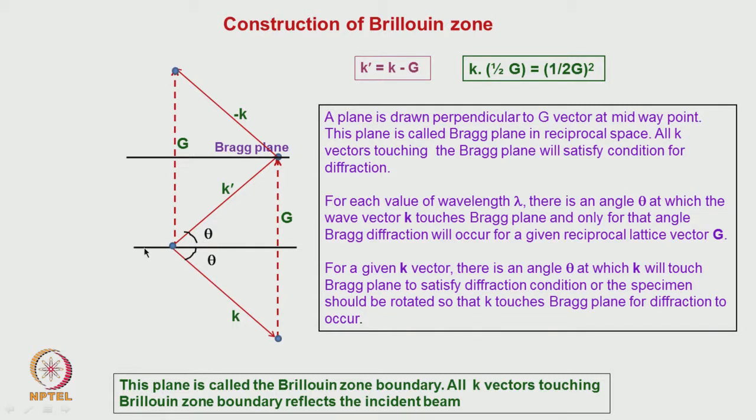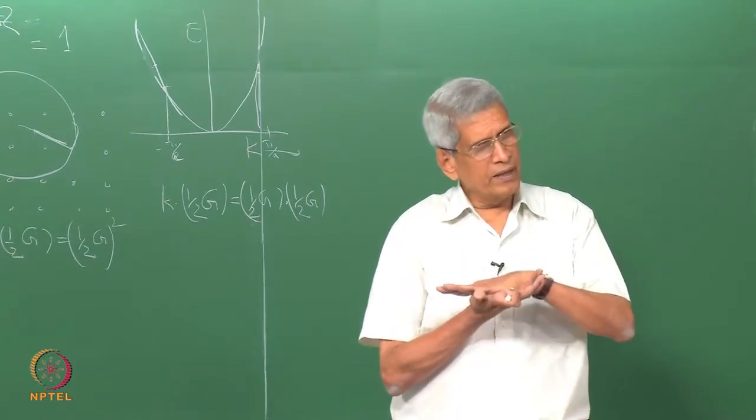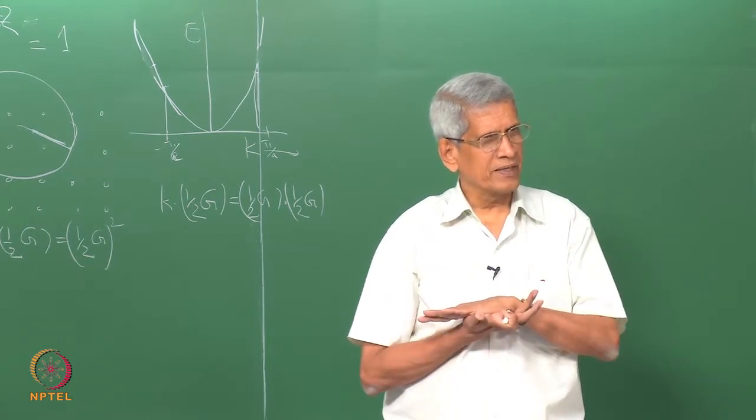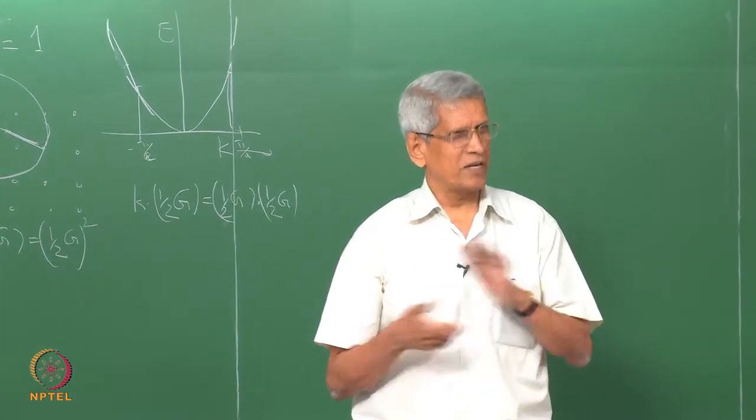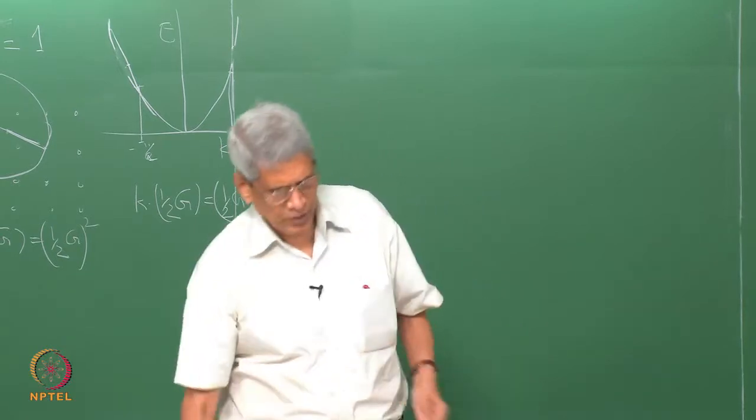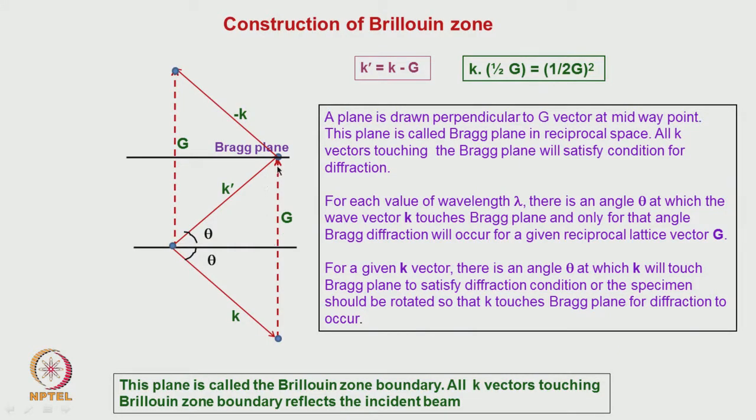Okay. And the plane, if you consider this surface here, this surface is the plane which is diffracting. This plane is perpendicular to that. This is exactly what we call in Bragg law. If you look at it as Bragg law, we have some diffraction planes. The reciprocal lattice vector is always normal to the diffraction plane, correct? And the distance at which the Bragg plane comes in reciprocal space is midway along the reciprocal lattice vector. Okay. So, the Bragg plane corresponds to the lattice plane.